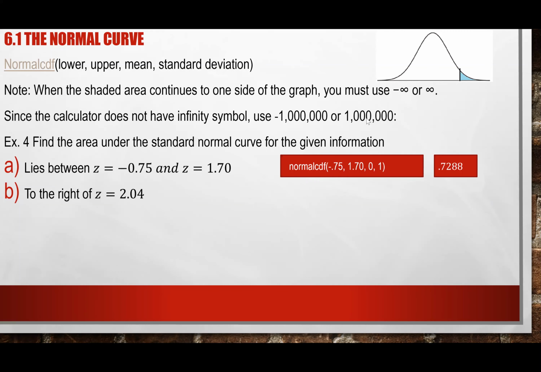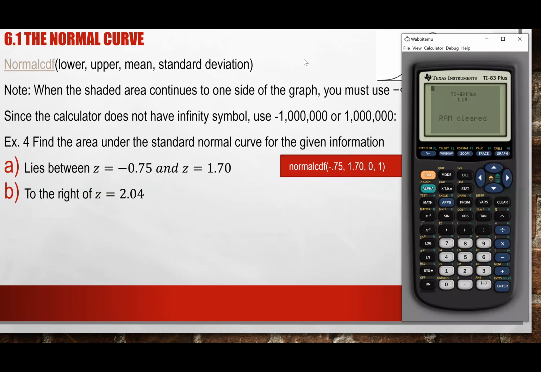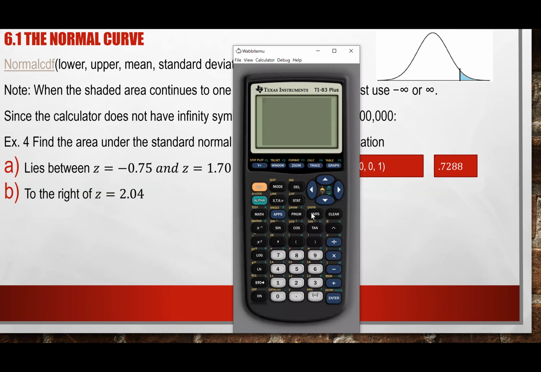Looking at this, because they asked us to find the area to the right, everybody see that this is my blue shaded area. I'm looking for this area, so my lower limit will be this z-score right here, which is the z-score that I want. We have to tell the calculator to calculate from this number all the way to positive infinity. But your calculator does not have a positive infinity, so this is what I suggest you do: hit second var, go to normal CDF, and my lower limit in this case is 2.04,